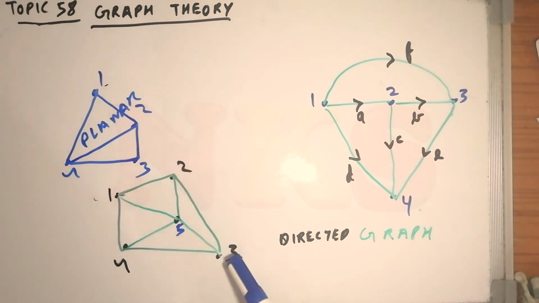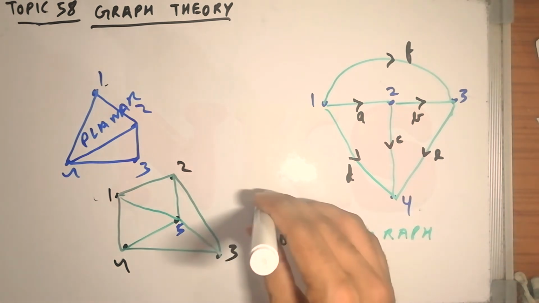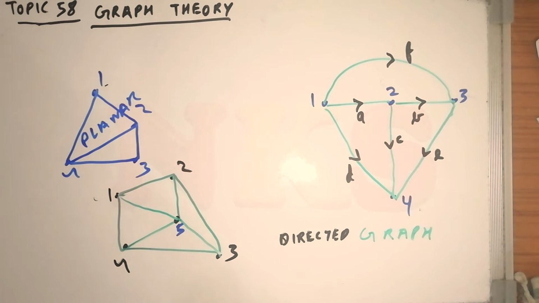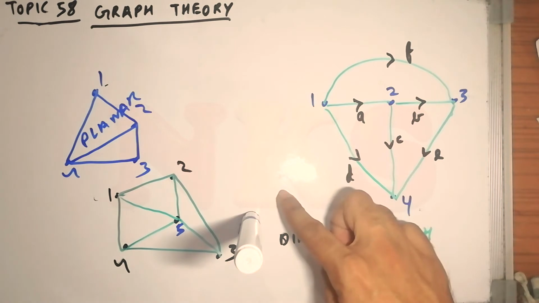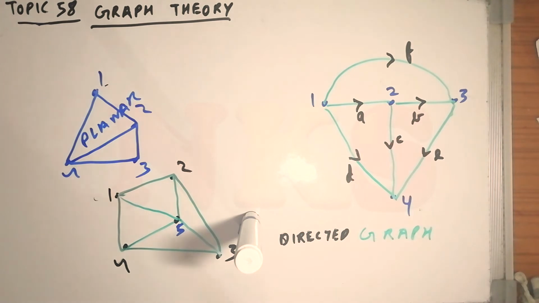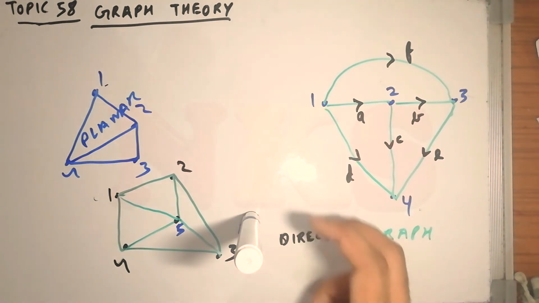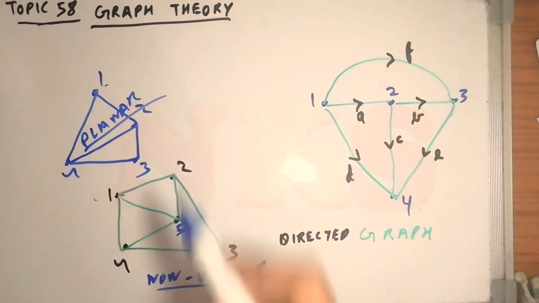Nodes 1, 2, 3 and 4 are lying in one plane, let us say the XY plane, which is the plane of this board, and the Z axis is coming out like this. So the fifth node is lying on this Z axis, somewhere here. So this graph cannot be drawn on one plane. That is what I was trying to say. So that is not a planar graph, it is known as a non-planar graph. So that is the logic.